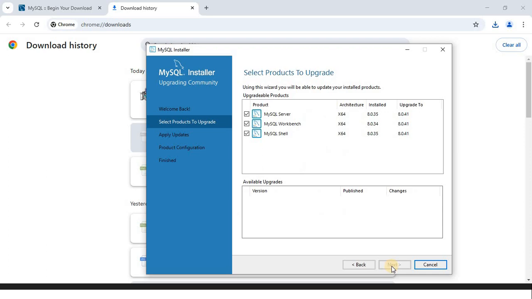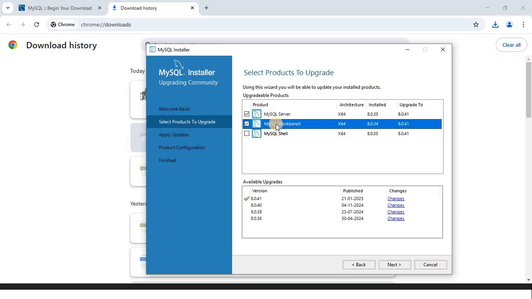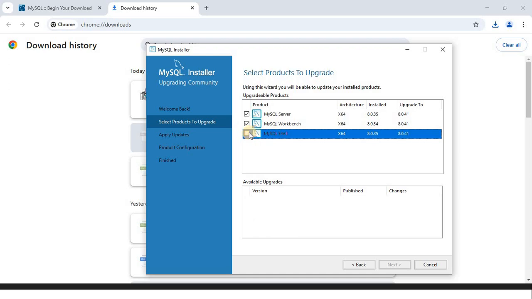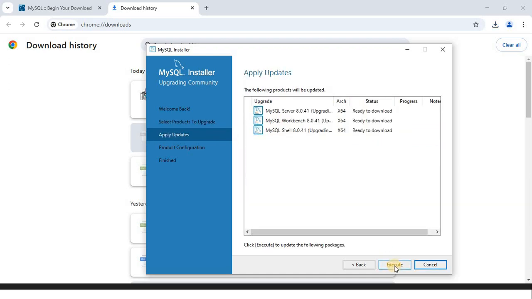Click on next. It will install MySQL Server, MySQL Workbench and MySQL Shell. All three products will be installed. Okay. And this one. Okay. Now click on next and execute. It has started downloading